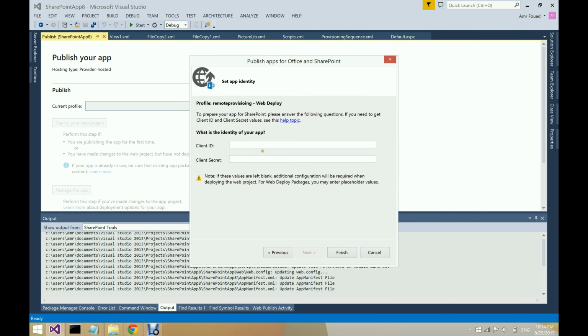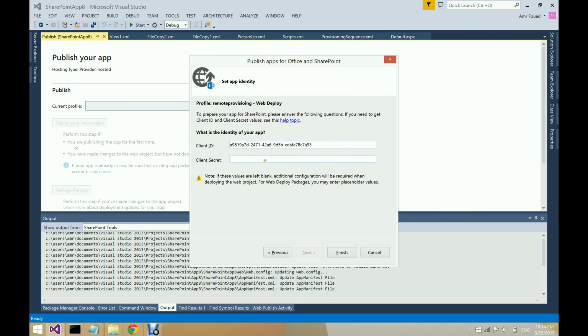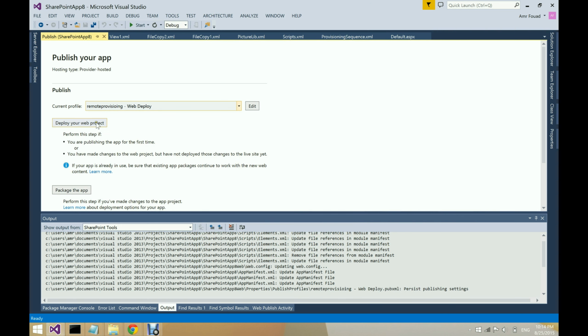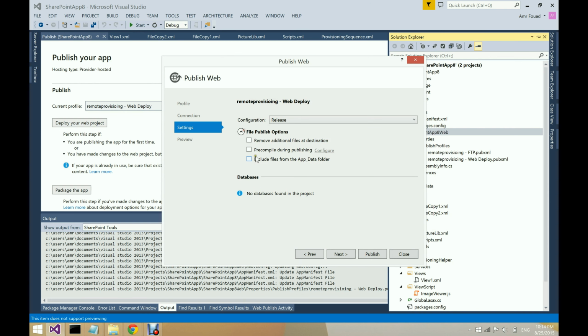You can just go to the seller dashboard. Using your domain, you can easily get a client ID and client secret. So let's say finish. So now we can deploy the web application. I'll just go back and change one setting here,